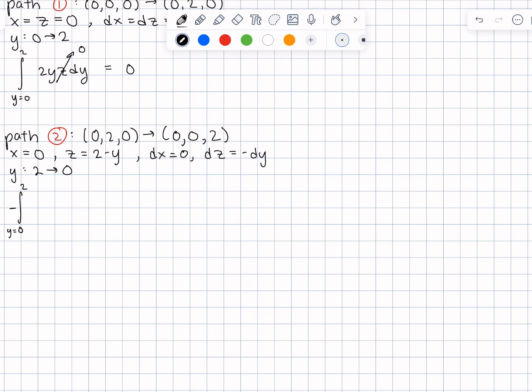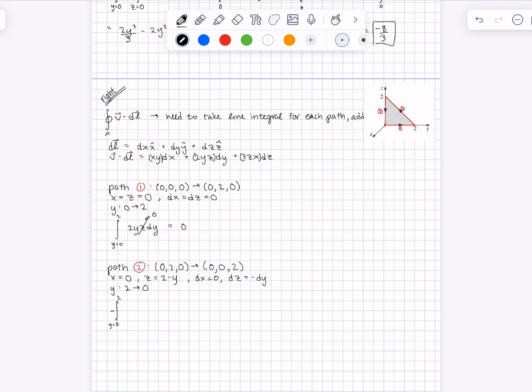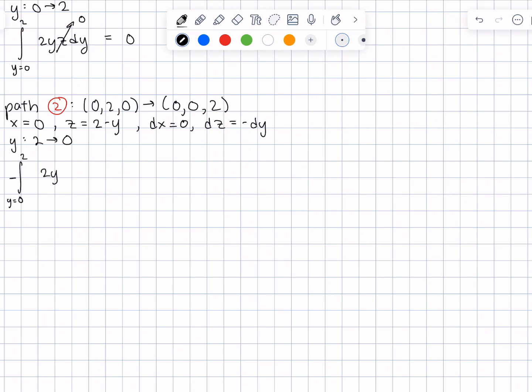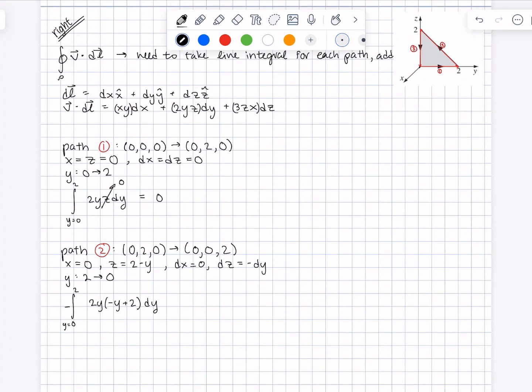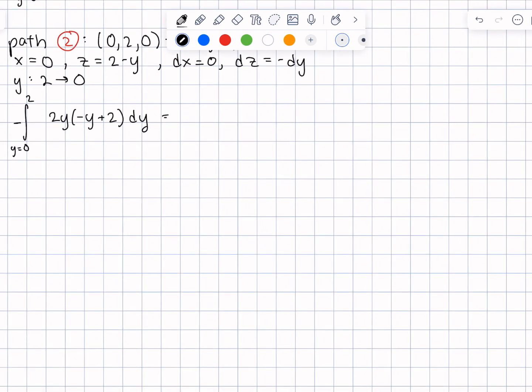And to be clear, now we only are worrying about our y changing, and so when we plug our dx and our dz into our equation above, we're going to get that we're integrating 2y, and we're going to plug in our z here, negative y plus 2 dy. And then our dz component, that doesn't immediately get canceled out. However, this x right here does go to 0, so we don't have to worry about that term either. So this is going to be our integral, and that is just going to be equal to the integral from 0 to 2 of negative 2y squared plus 4y dy,